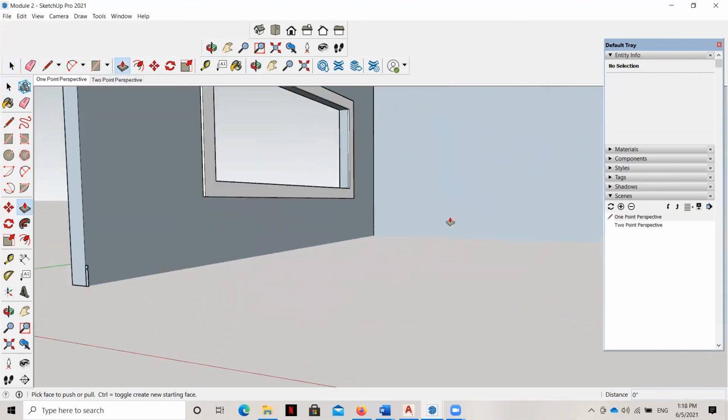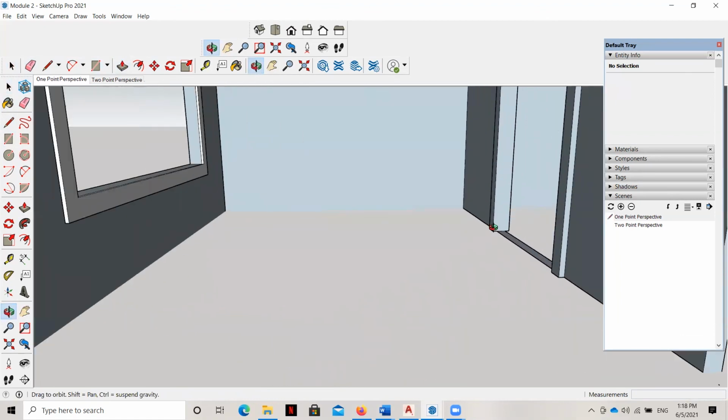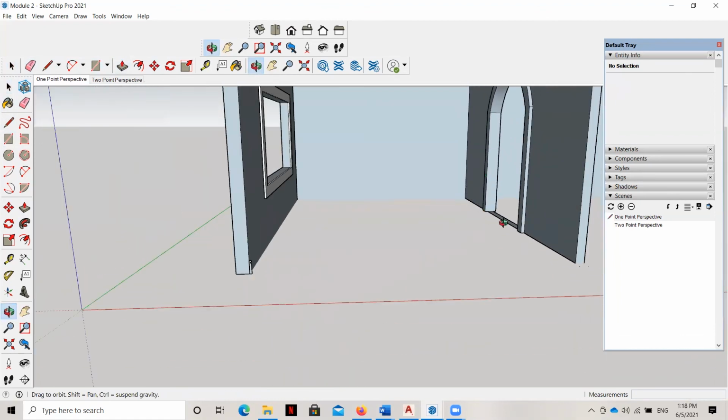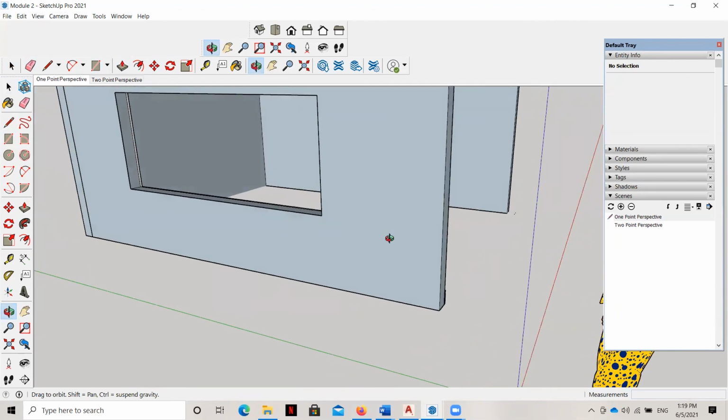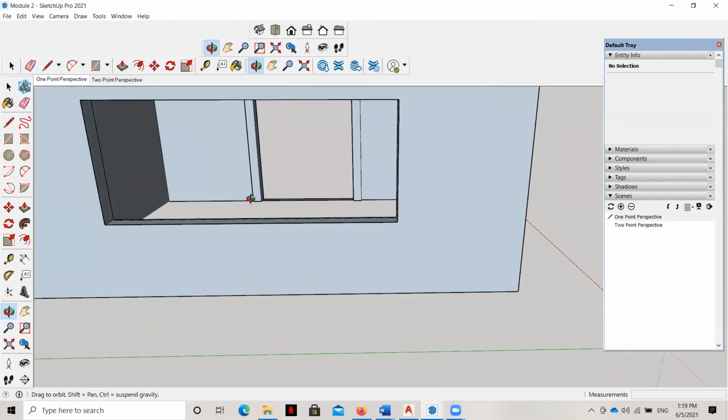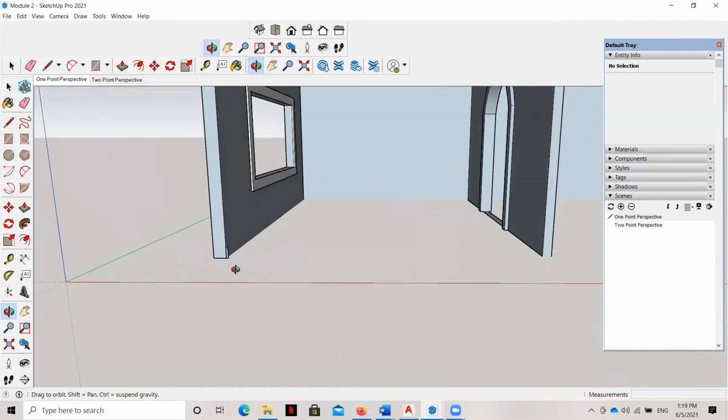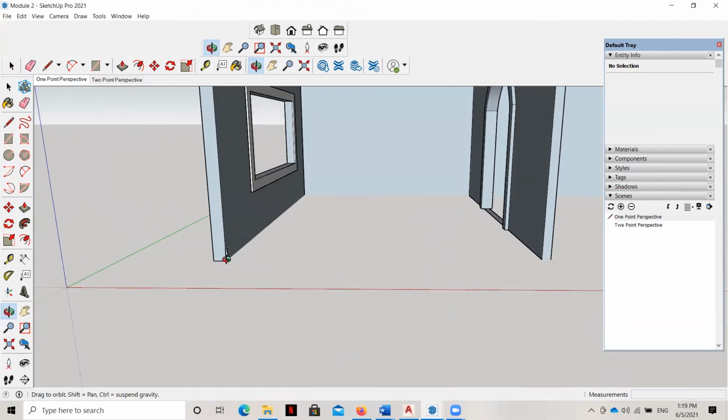So I'm going to do the same thing to create the baseboards here by using the follow me command that I used to create the crown molding, except that right here, the follow me tool is not going to jump on this opening here. So what you're going to have to do is draw your line here, here, and here up to the back corner of the casing right back here. And then you're going to copy and rotate this profile over to this side wall and then select this line to trace it back.